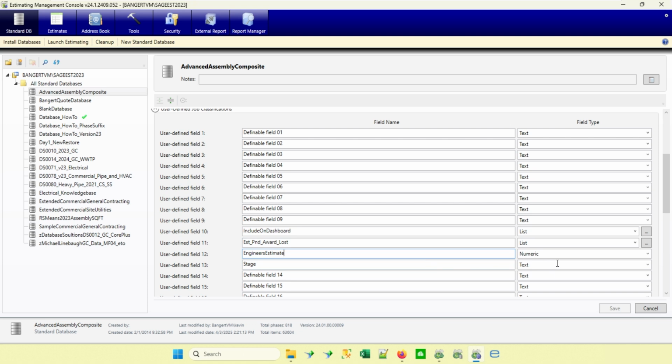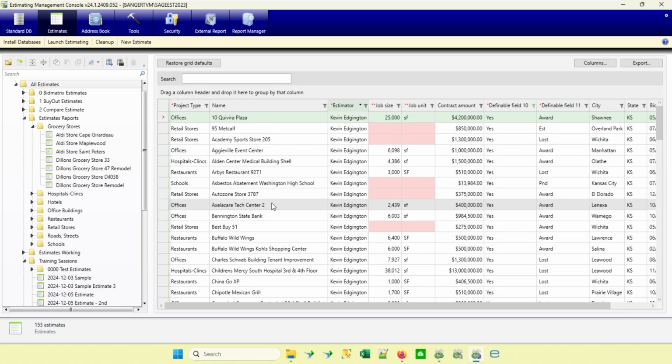So that way, dates, text, numbers, drop downs, this is where you're going to help build that consistency to keep these estimates somewhat better on the reporting, but to be consistent in how things are spelled. With that being said, the other thing that they've added in estimating, if I go back and look at my estimates here,